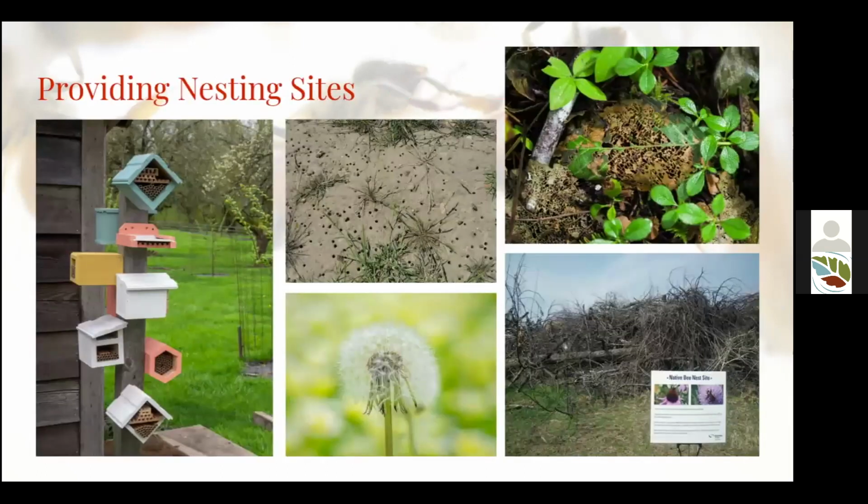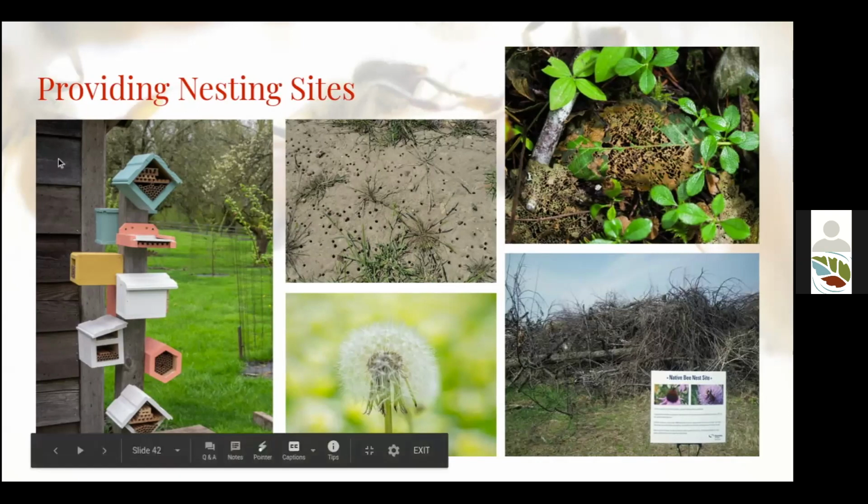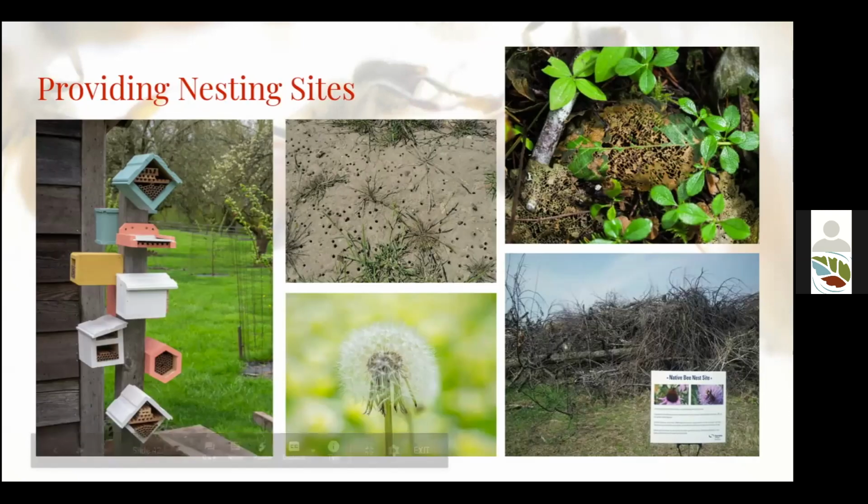Okay, so providing nesting sites, I've talked a little bit about those solitary tunnel nesting bees like leaf cutters and mason bees. With Tualatin, we've been able to put on 2 webinars about working with those 2 specific groups of bees that are available to you all, and I'd highly recommend checking that out. But essentially, you'll put up a habitat structure that has holes or tubes that you can remove to clean and manage. They're very easy to work with.